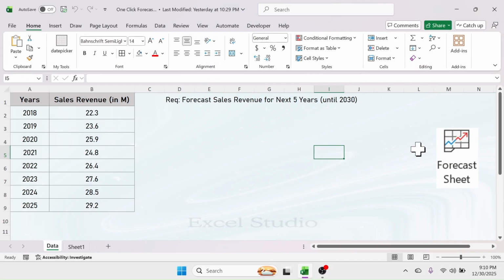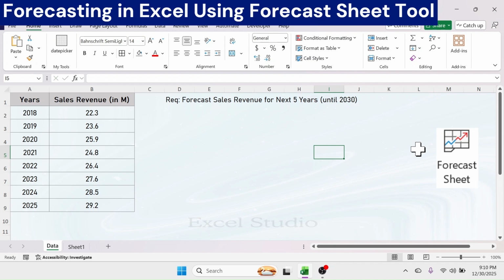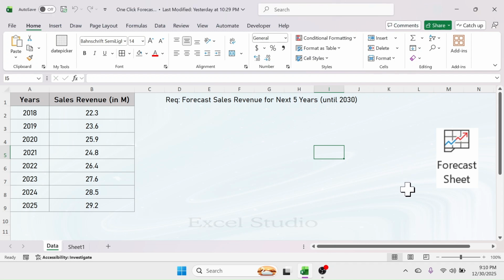Hello friends, welcome back. Today's video topic is how to do forecasting in Excel by using Excel's dedicated forecast sheet tool. And here, for example, I am going to do sales revenue forecasting, but you can use this forecast sheet tool for other types of forecast like population forecasting, weather forecasting, etc., where the forecasted value highly depends upon